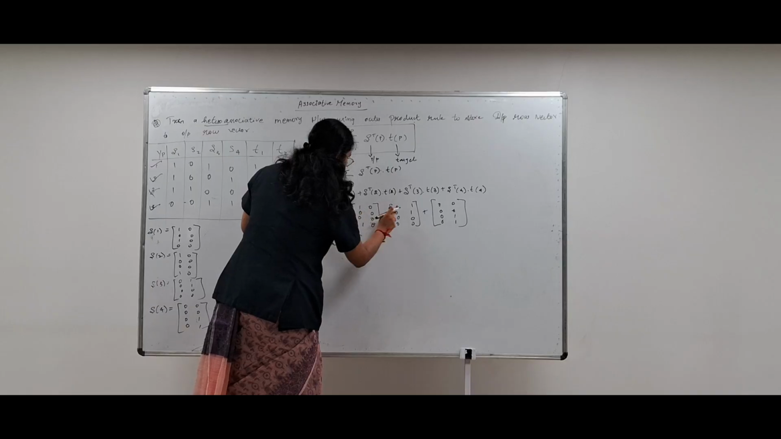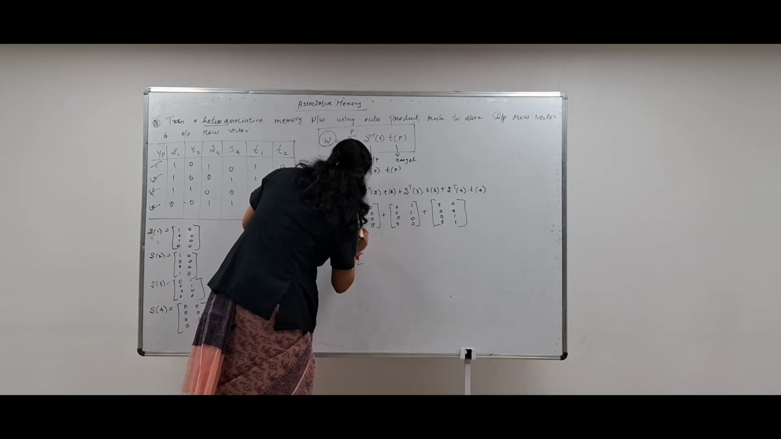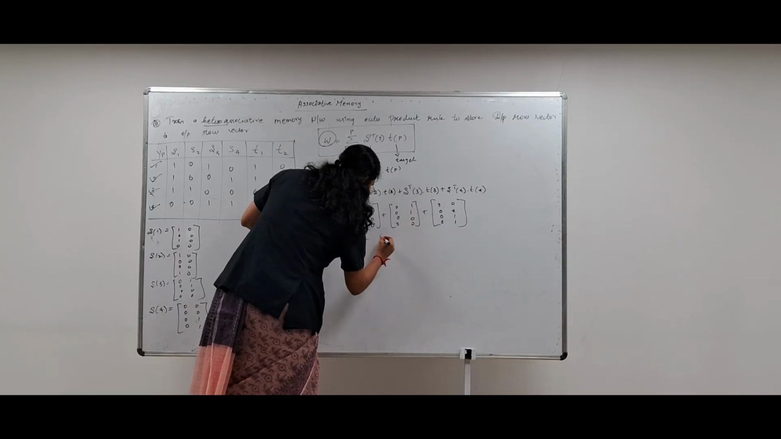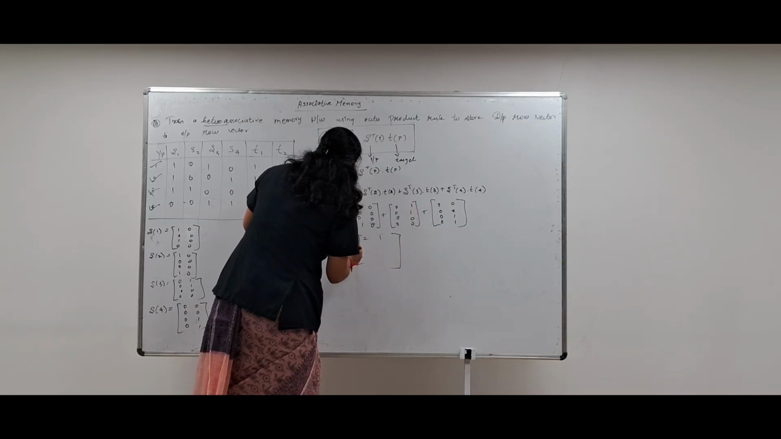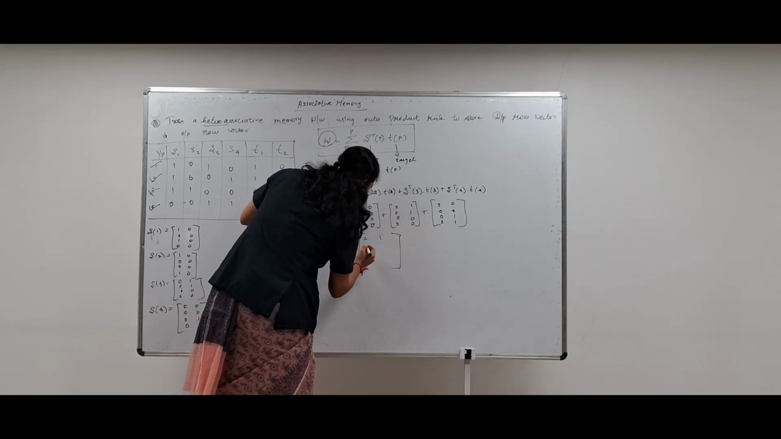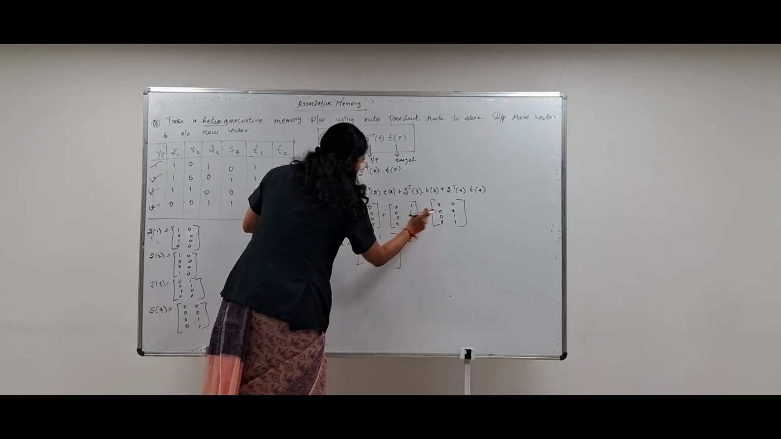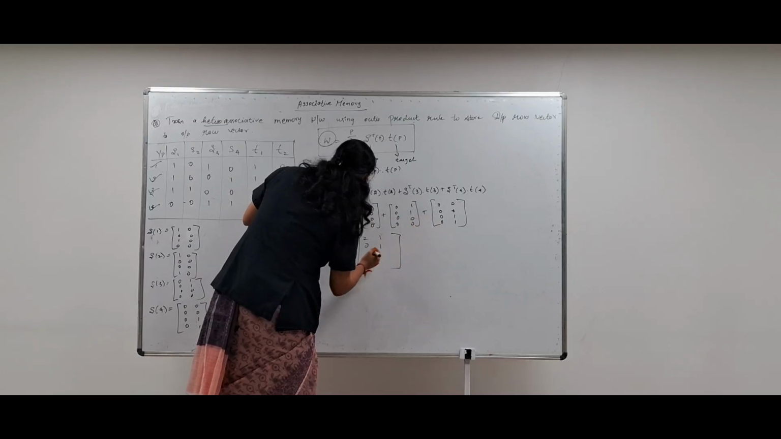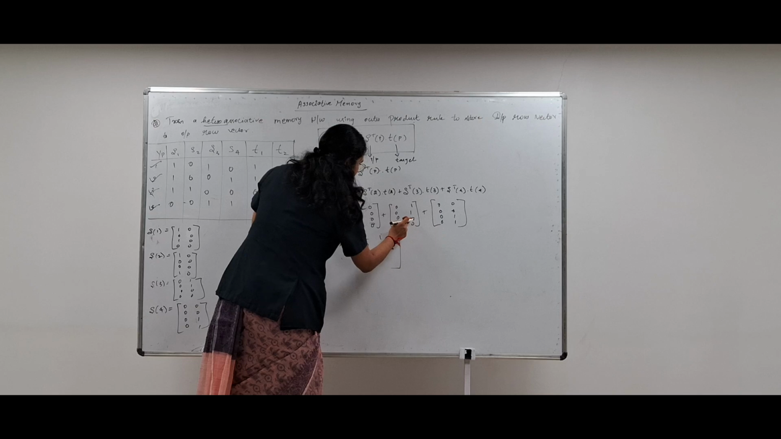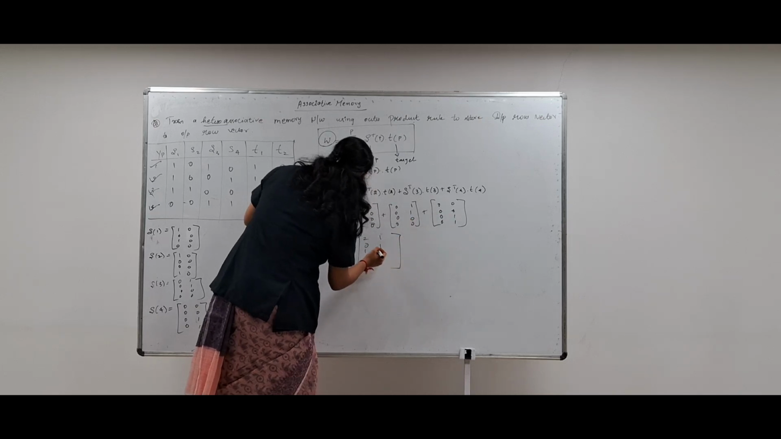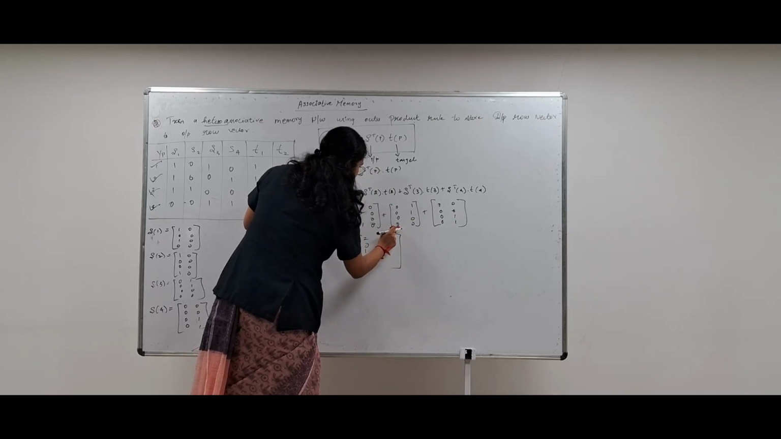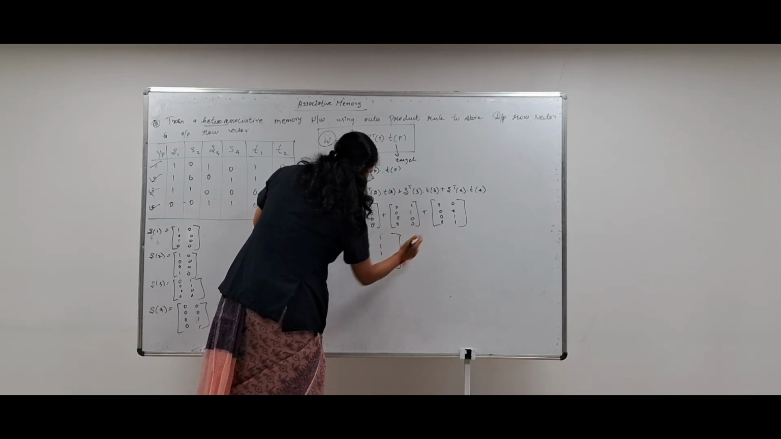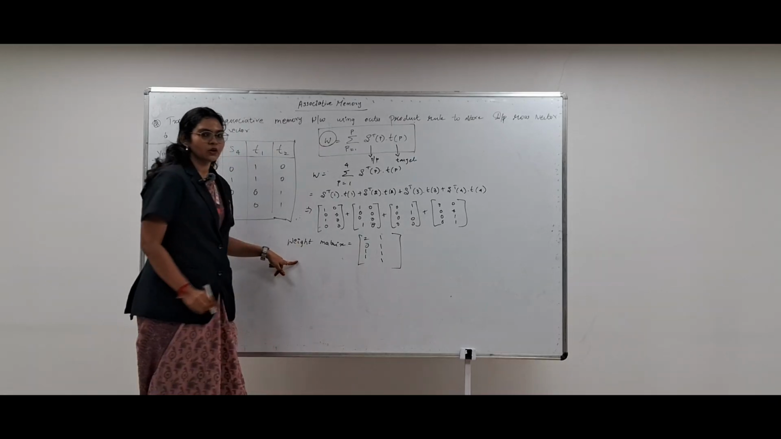So 1 plus 0 plus 0 is 2, 0 plus 0 plus 1 plus 0 is 1, 0 plus 0 plus 0 plus 0 which is 0, 0 plus 0, 1 plus 0, 1, 1 plus 0, 0 plus 0. So 1, 0 plus 0 plus 0 plus 1. So 1, 0 plus 1 plus 0 plus 0. 1, 0 plus 0, 0 plus 1. So answer is 1. So this is the weight matrix for the